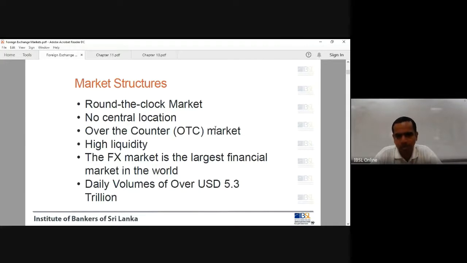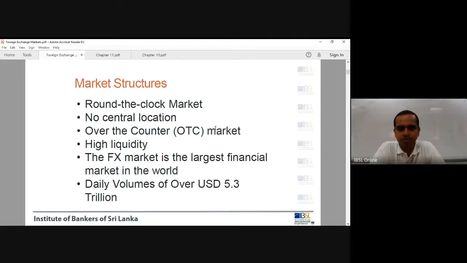So foreign exchange markets are around-the-clock markets. They work not 24/7, but in fact almost 24/5, right? Foreign exchange markets are in operation on all five days of the week, going from east to west. When New Zealand, or another country before that, opens, from that time up to when the US markets close, they're in operation. So there's a very small gap in between. So it's virtually an around-the-clock market, except weekends.